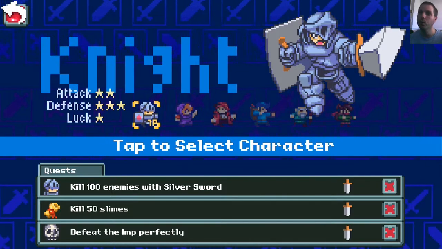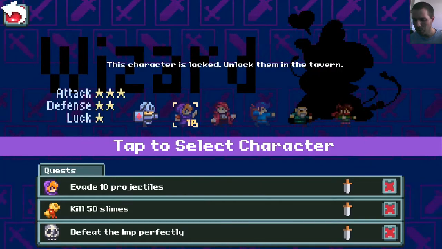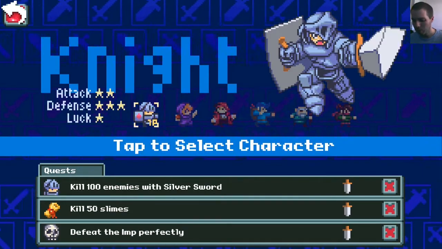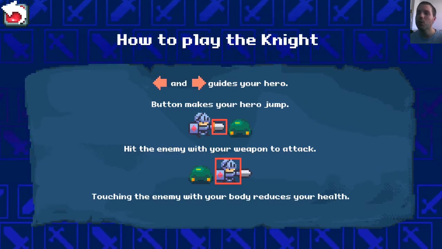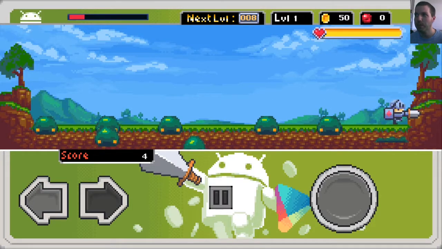So you've got goals, you've got quests, you've got different guys that you can use, but obviously I have them all locked. I played like, once or twice. So we're going to do that. You pretty much got 2 controls. Left, right, and jump. I mean, that's 3 controls, but...